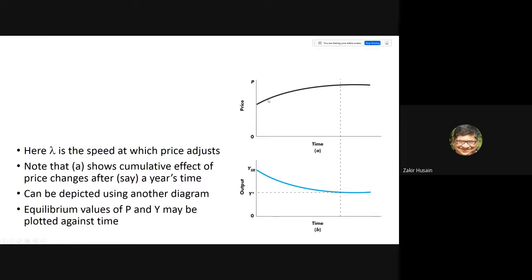Here you can see that price is increasing as time flows by, until the GDP gap becomes 0. In that case, price will become constant. At the same time, the equilibrium value of y is going to fall. As price goes up, we can expect the output to fall because demand is falling. So ultimately price will become stable, output will become stable. See, both of them are horizontal.